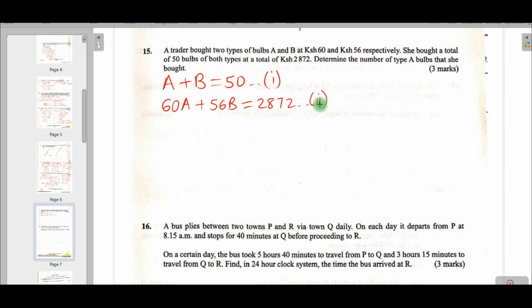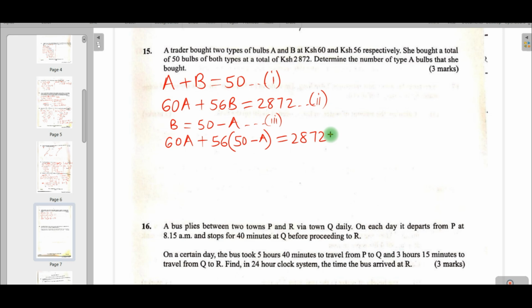So we need to solve for this simultaneous equation, and therefore from equation 1 we can write B in terms of A. So B is equal to 50 minus A. So we have formed equation 3. So let us substitute equation 3 into equation 2. So we shall have 60A plus 56, B is 50 minus A, everything will be equal to